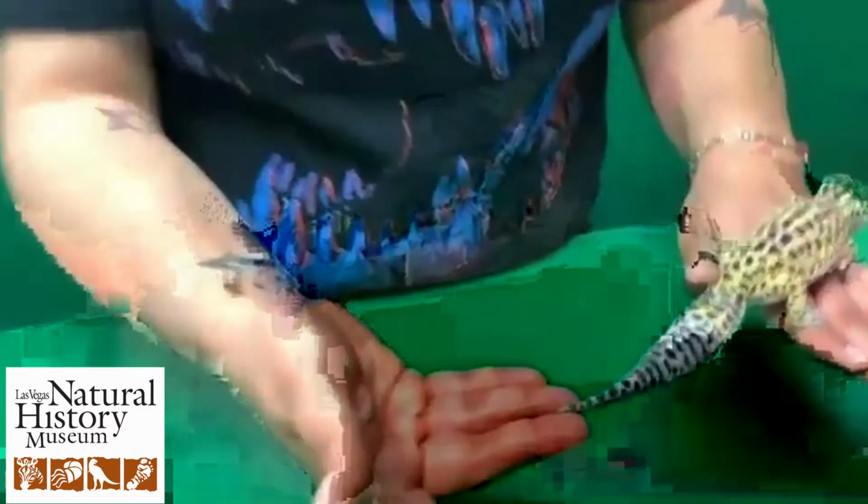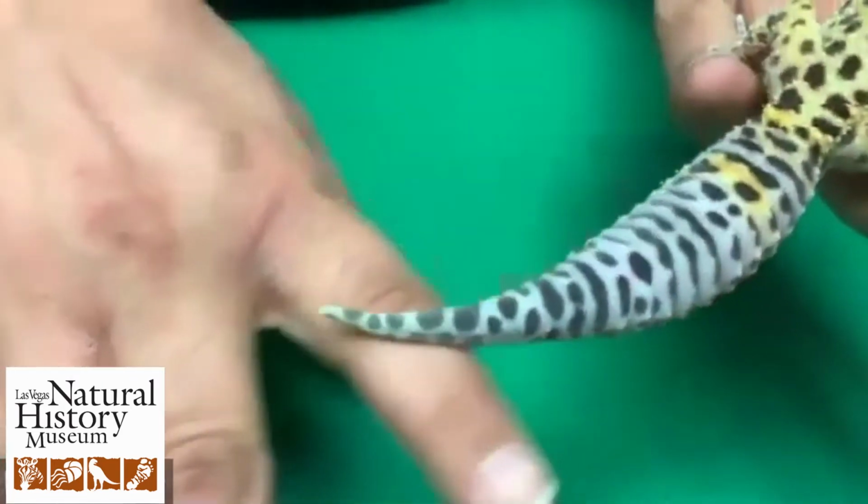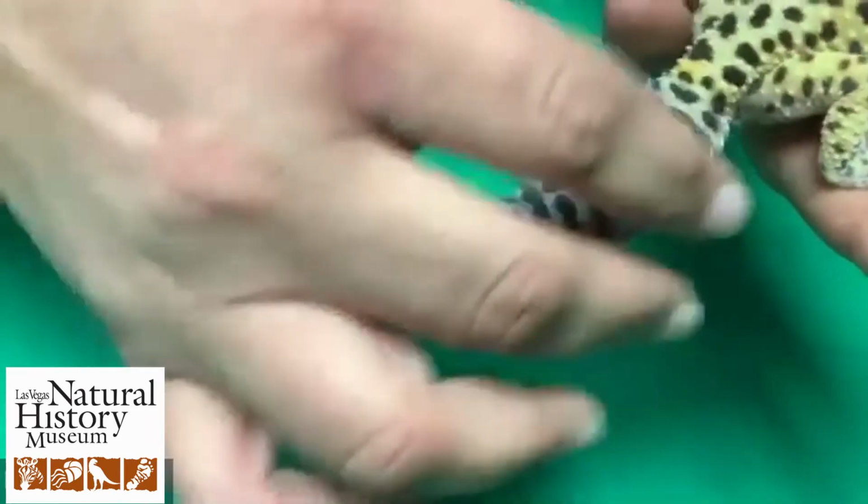Oh, they definitely can. So most lizards will drop their tail if they feel threatened. But when it grows back, it will never grow to this beautiful point that we've got here. So you can tell that she has never dropped her tail. But there are definitely lizards that will. And so then it'll kind of just end up being like this little stump that keeps growing every time they